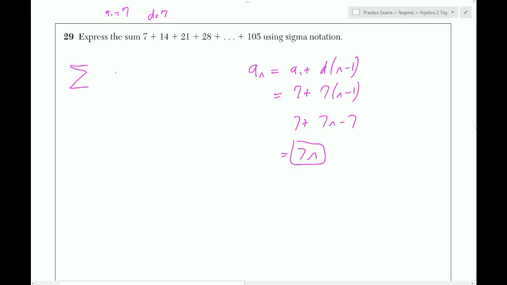So if we do the sum of 7n, from n equals 1, I think it's best if we match those. So n equals 1 up to, we got to figure